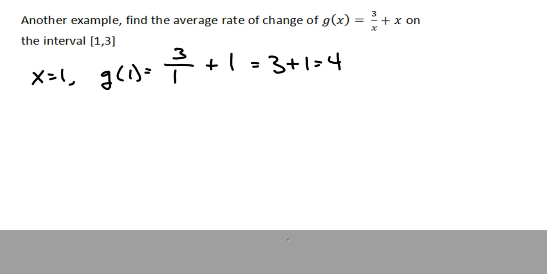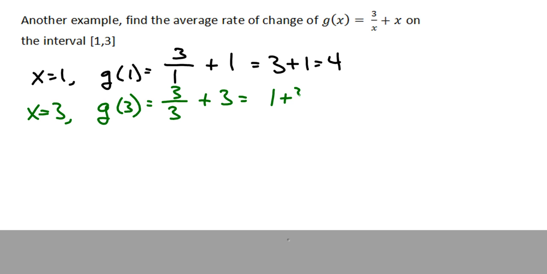Then if the other end of our interval is x equals 3, g of 3 is 3 divided by x, so 3 divided by 3, x being replaced by the 3, plus x, so plus another 3. That gives me 1 plus 3, which is also 4. Then my average rate of change